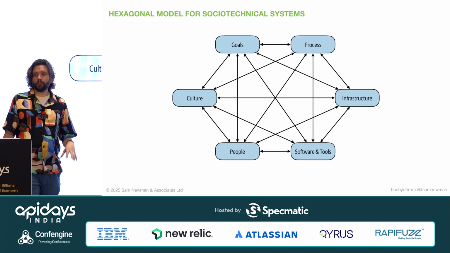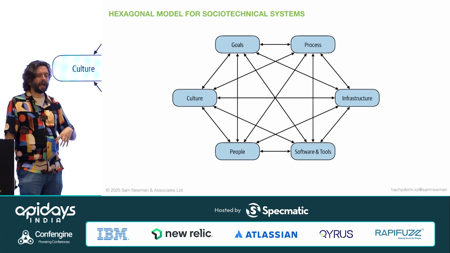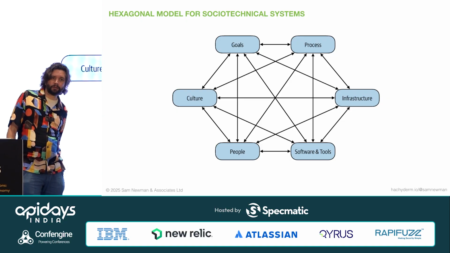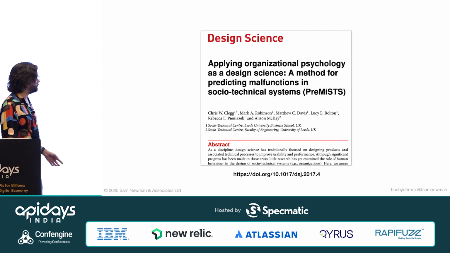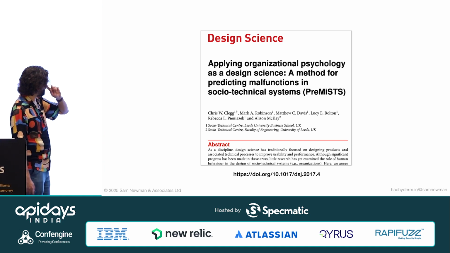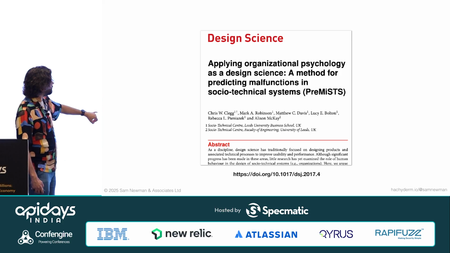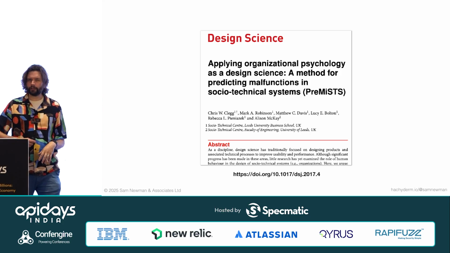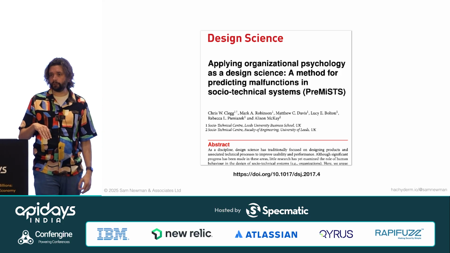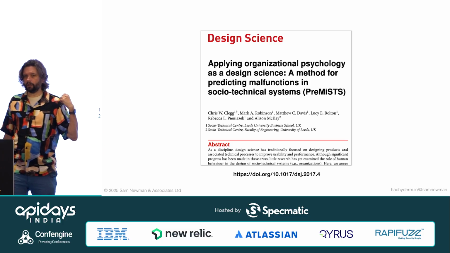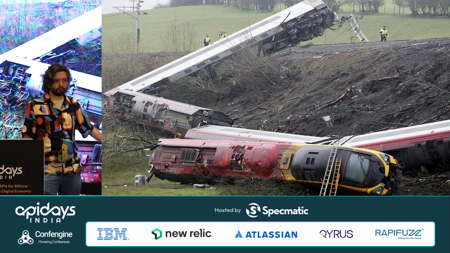And this model has actually been used to try and understand what happens in the wake of failure, and also in an attempt to prevent failure happening in the first place. This work was done by Leeds as well. This was looking into trying to use this to understand what happened in the wake of a disaster, to see how things were interlinked. So this particular report covered work done on a rail derailment called Grayrigg,